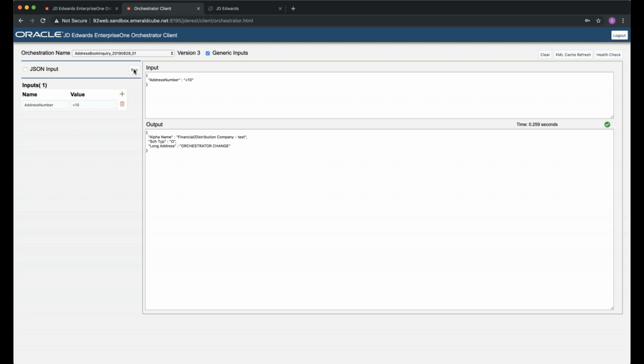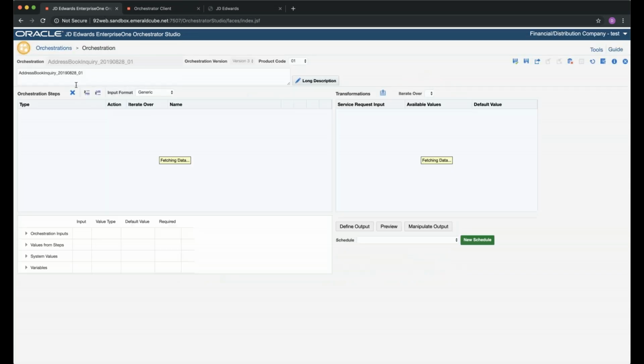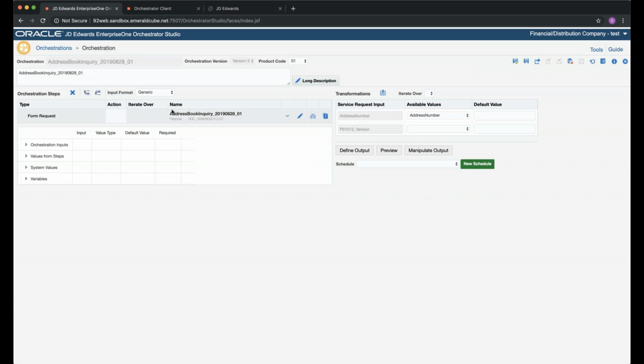We didn't tell it to return all rows in this case, which is another feature of these orchestrations: you can return one row or return all rows, which gives you back either whether there's any data there at all, or the entire set of data. But that's just a quick demo of exactly how that address number can be utilized, and how we can feed data into it to feed to that orchestration. So let's bounce back to the orchestration one more time.